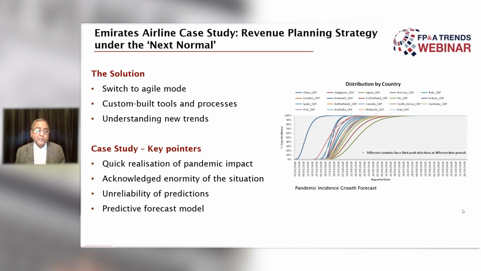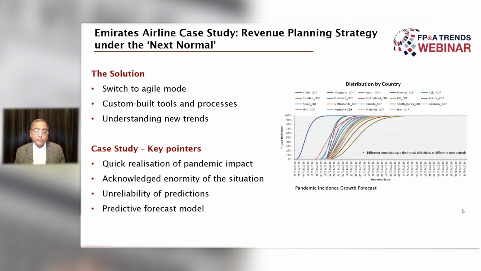So therefore, we decided fairly early in the pandemic that we had to build an internal model. We had to really understand the components of what was influencing the demand in the current context, that means in the context of the pandemic, and then start to build a predictive forecast model around that.